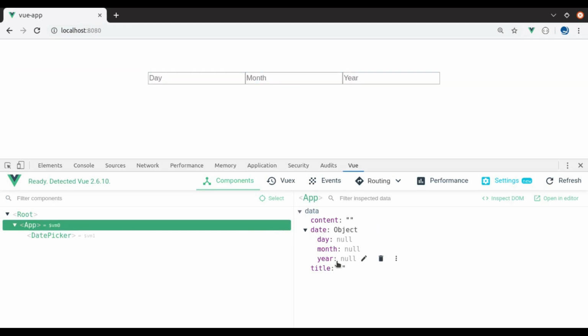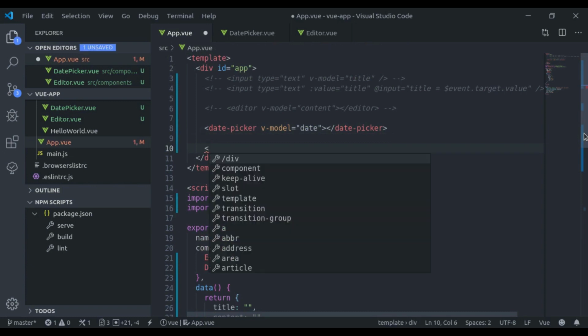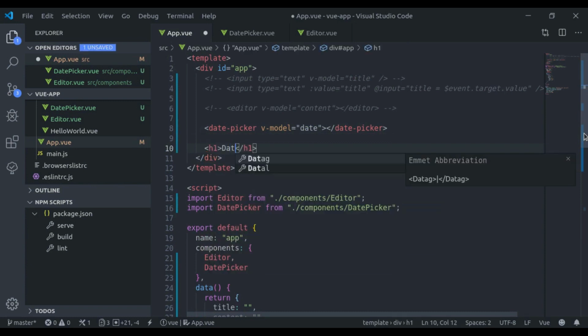Now let's focus on this date object. As we change the day, it is automatically updated here, month and year. Now here I'm going to print h1 date.day slash date.month slash date.year.